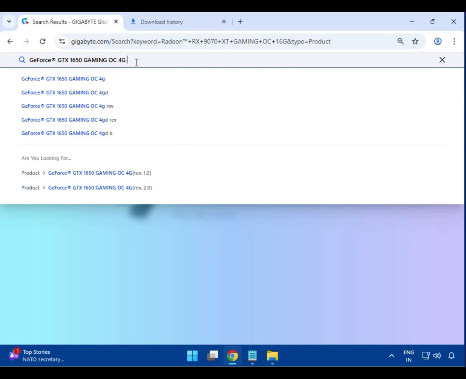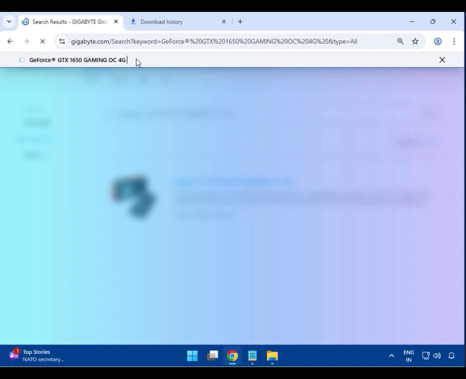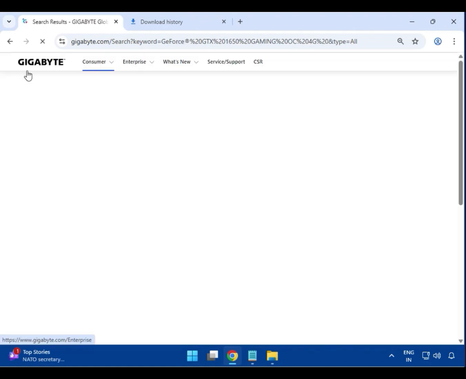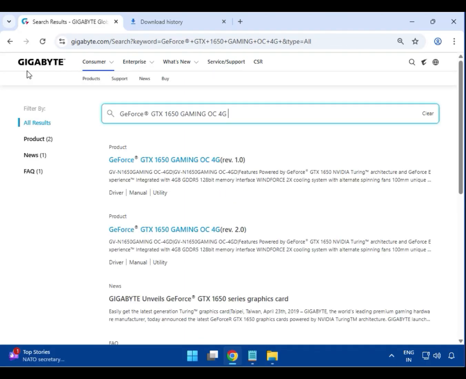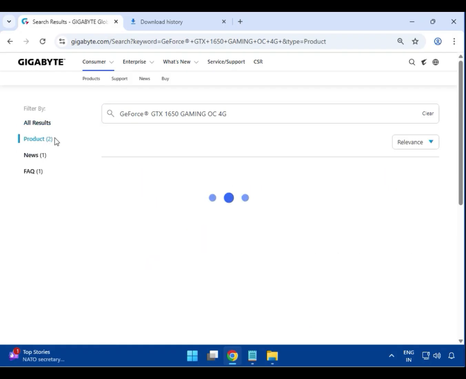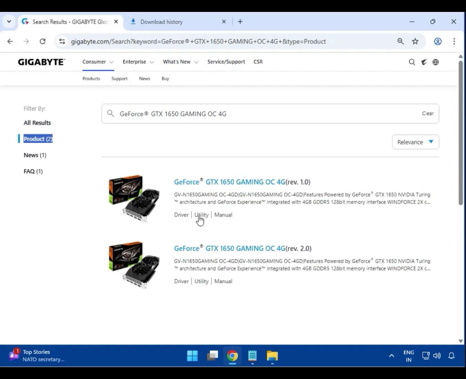Enter the model number. Go for GTX 1650 Gaming OC 4G and then hit enter. After that, your graphic card is searched on this website, and then click on the product. You can see 1.0 and 2.0, so both are the same. Select any if you know, so select them